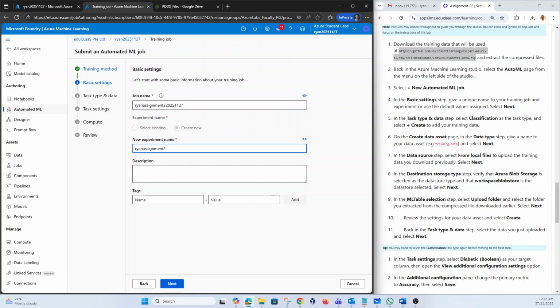Okay, Ryan assignment 2, yeah. Then this is the job name, yeah. Okay. After that, yeah, task type in data. Okay, you put the description, yeah, assignment 2,